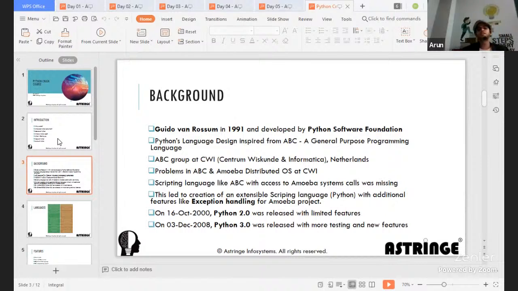He was such a visionary that he tried to solve all types of problems which were prevailing back then in ABC, and also ensure that it would be an extensible programming language. Towards 1989 and 1990 he had some time, and he made it so extensible that it would be like a base skeleton, and you can put on top of it different types of modules and whatever operations we want. It's just a matter of getting them. It's like just-in-time resources.